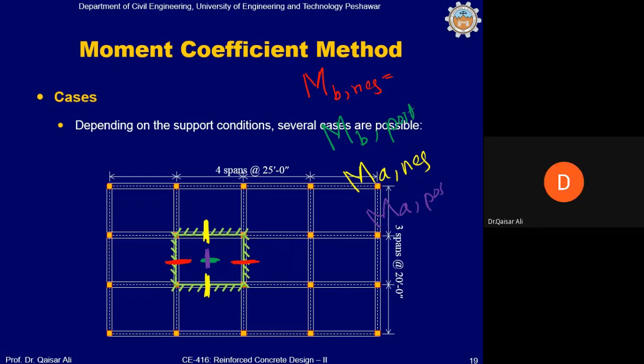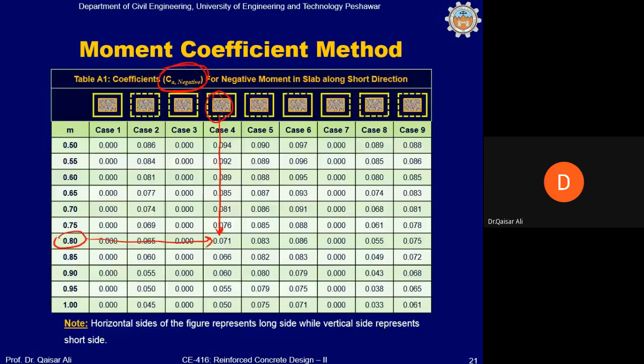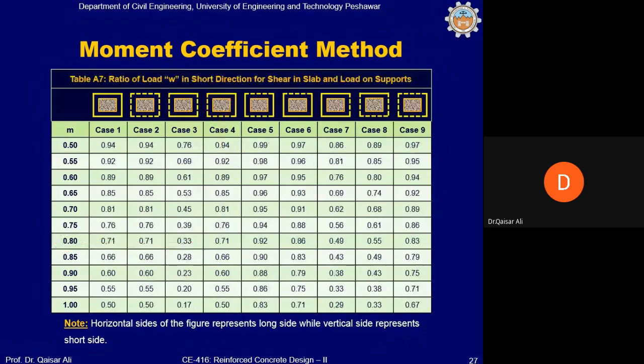तो अब since you have these coefficients, you have calculated the positive moment coefficients and the negative moment coefficients. So using those coefficients, you can calculate the negative moment as well as positive moment along the longer and shorter direction. Okay. तो फर्स्ट ऑफ ऑल हम पैनल 1 को एनालाइज करते हैं। नेगेटिव मोमेंट कोएफिशिएंट और पॉजिटिव मोमेंट कोएफिशिएंट हमने कैलकुलेट किए ऑलरेडी। तो जरा इसको मोमेंट्स भी कैलकुलेट कर देते हैं, सही।